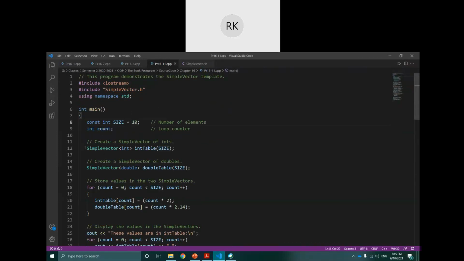Int count, you see how to create the object with the class name, but what should the T be replaced by? Every T in the class should be replaced by integer. It means we are passing an object with integer values. Next time every T will be replaced by double, so we are passing an object with double values.